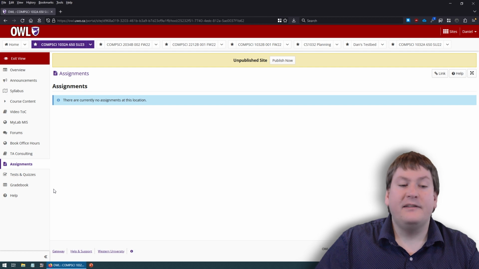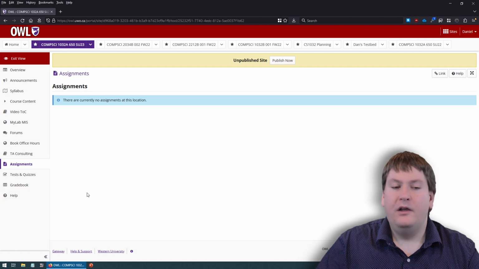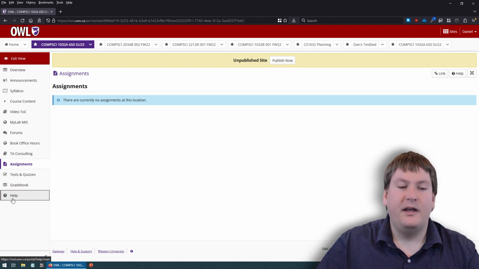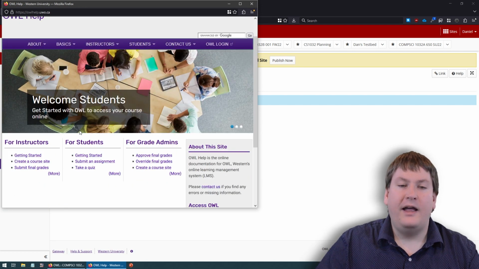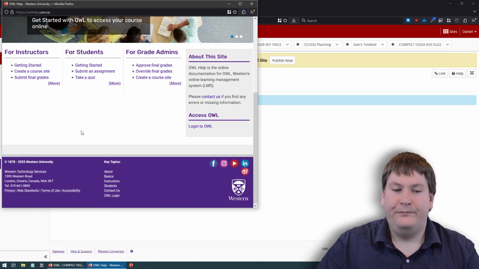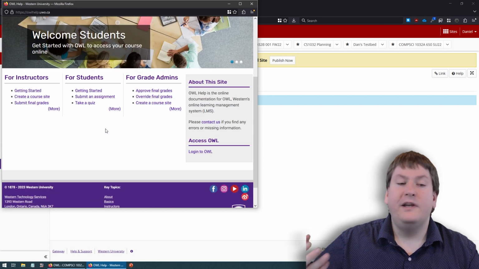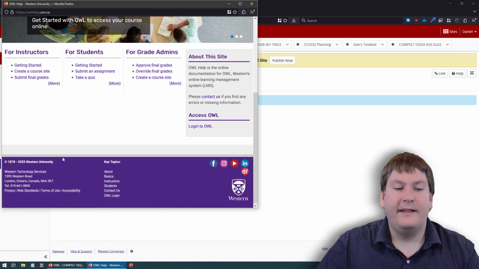Okay, and lastly, if you need any help with OWL or having any technical issues, you can always click this help button, and that will take you to the manual for how to use OWL as well as how to get support. So if you do need support with OWL, you're having issues logging in or anything like that, please